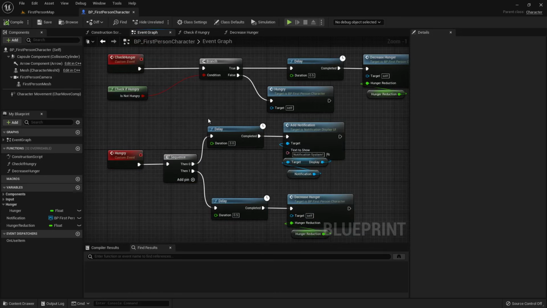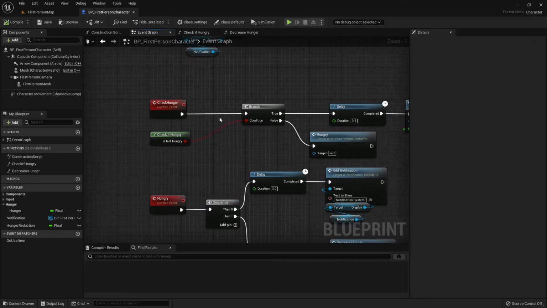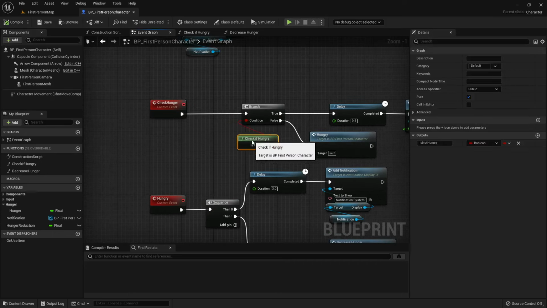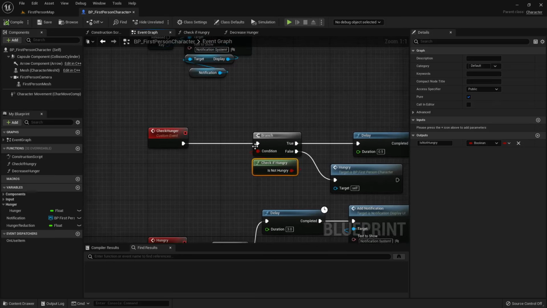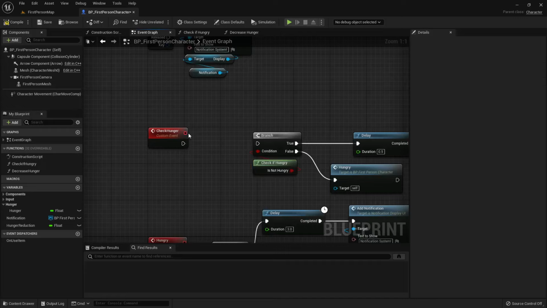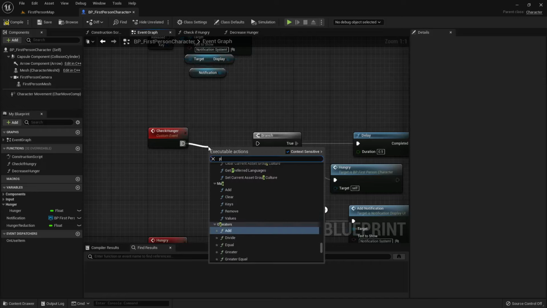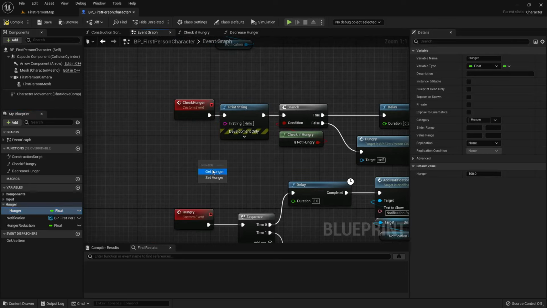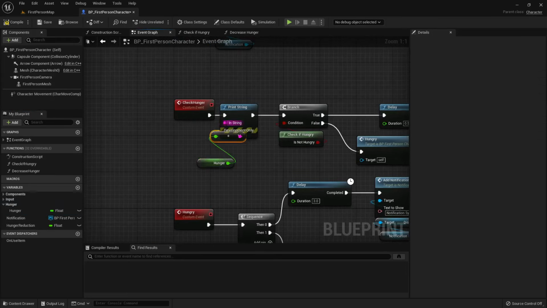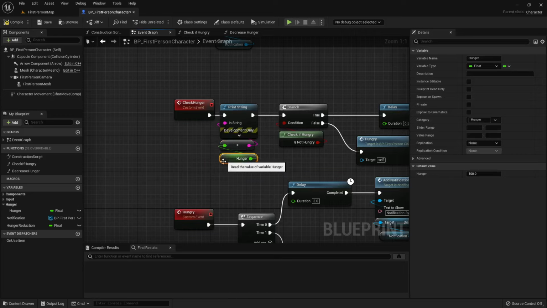what our number is, and we need to make sure that it gets added to the viewport. And we'll be doing that in a second with a UI. So, to check our number and to make sure it works, we're going to pull off of here. We're going to print string, line that up, add that to there, get our hunger, and add that into the in string, line this up,